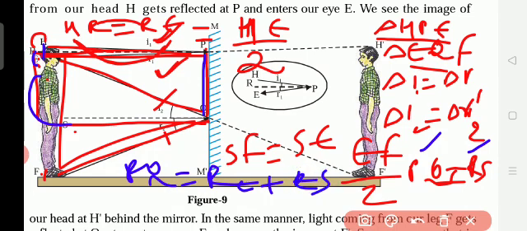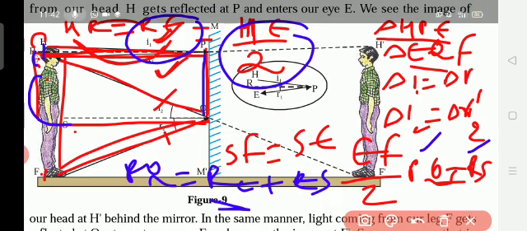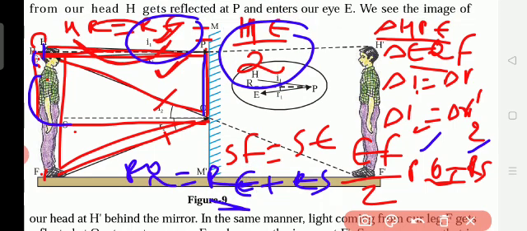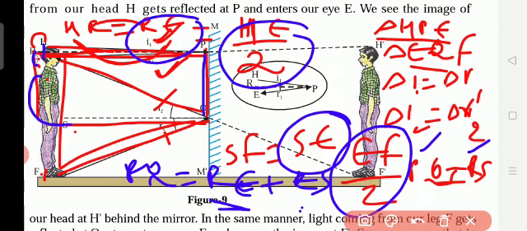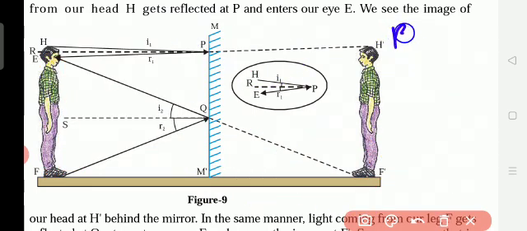And the next one, again PQ is equal to RE plus ES. So RE means what? In the place of RE, HE by 2. RE means this RE, so RE is equal to HE by 2. So in this RE place we will write HE by 2, and in the ES place we write EF by 2. So ES, this one, EF by 2. Okay, plus.